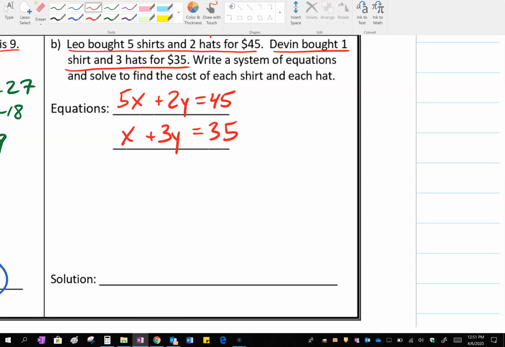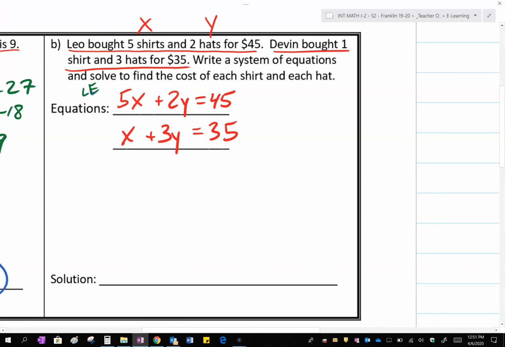So it's kind of like you've got an equation here for Leo and an equation here for Devin. They each get an equation. And now we have to solve. And because we're practicing elimination, I'll multiply this equation here by -5. This equation would also be simple to use substitution if you subtract 3y. But we're looking at elimination, so we'll use that method. So 5x plus 2y equals 45, and then for our second one, after we changed it, we get -5x minus 15y equals